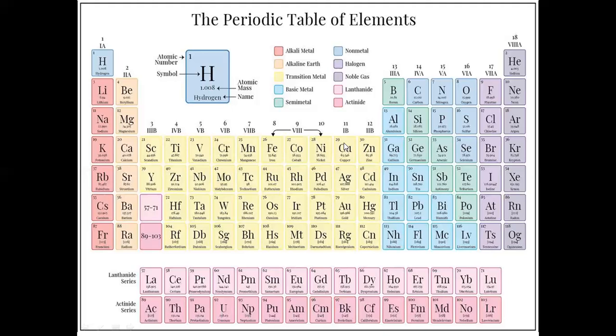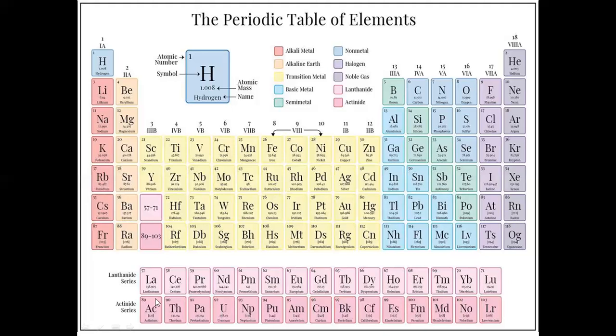Then Henry Moseley has given this structure, the new periodic table. This periodic table that we are seeing now, we have got it from Henry Moseley. He just arranged the elements according to the atomic number concept. So in the modern periodic table, we have 7 rows, 7 periods: 1, 2, 3, 4, 5, 6, 7 periods.